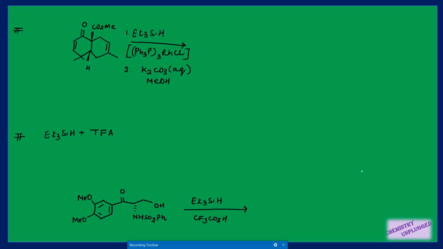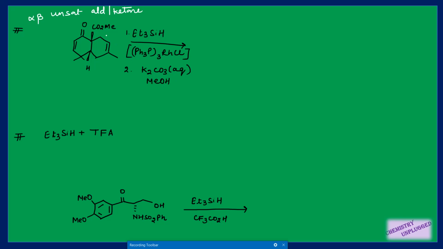The next reaction is the most important reaction. The next few reactions are very important reactions of this triethylsilane. Other reactions are not so useful, but these reactions are very useful. The reaction with alpha beta unsaturated aldehyde or ketone. So here I have two types of double bond. This double bond is an isolated one and this one is conjugated with this ketone, right? So here I have triethylsilane and triphenylphosphine rhodium chloride, which is called Wilkinson catalyst, right, in the first step. So we know that Wilkinson catalyst can cause reduction of isolated double bonds, but whenever I have this triethylsilane, then this rhodium chloride will act only as a catalyst.